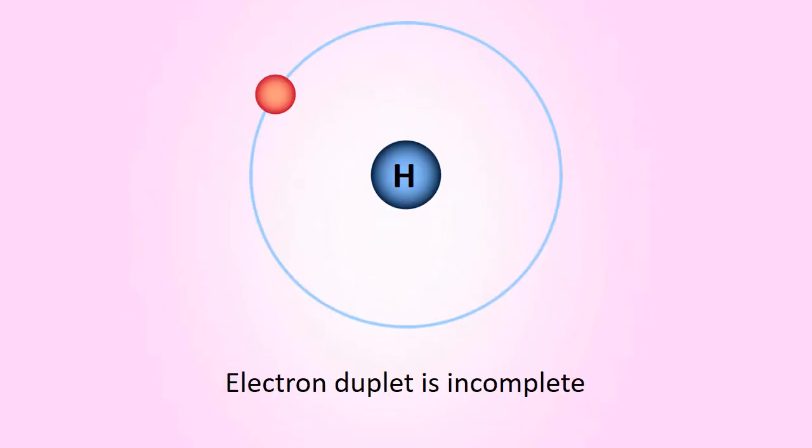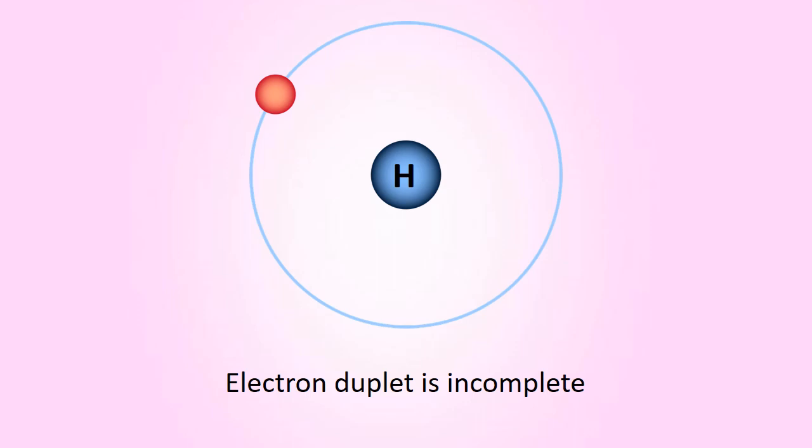The electronic configuration of elements other than inert gases shows that they do not have a complete electron octet, or their electron octets are incomplete. Regarding hydrogen, it can be said that its electron duplet is incomplete. In hydrogen, we have only one electron which is accommodated in the first shell. To complete the duplet, we need two electrons. So atoms of all these elements except inert gases have a tendency to combine with other atoms, meaning that they have